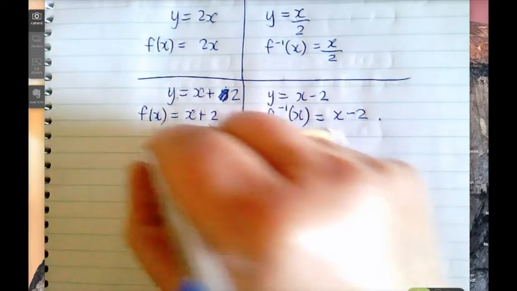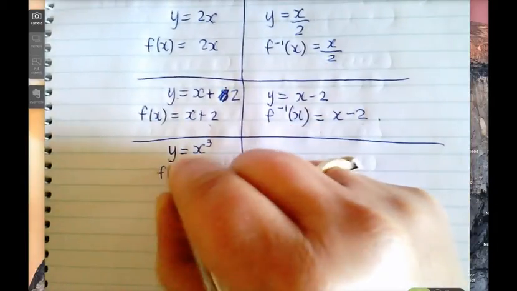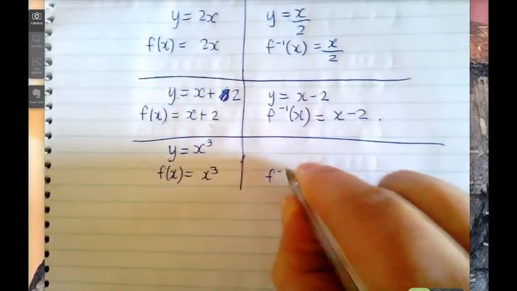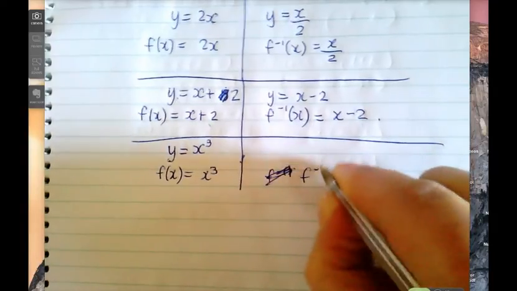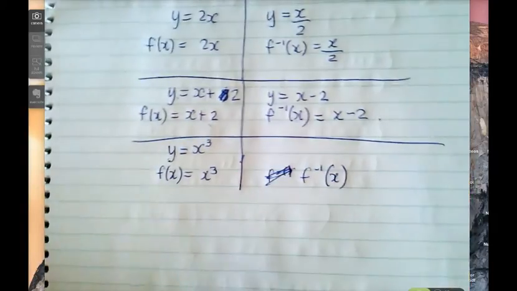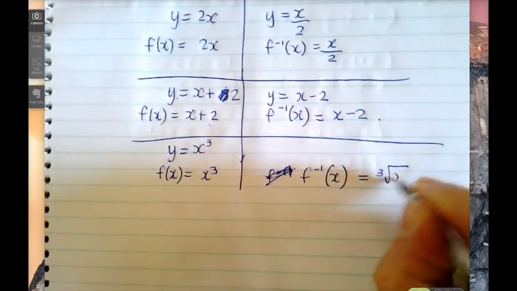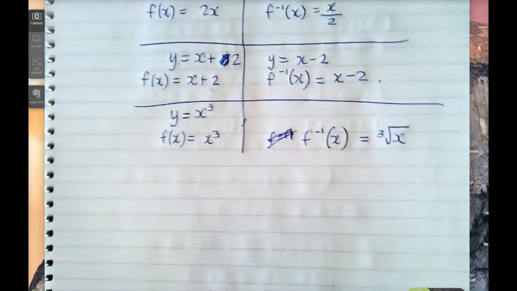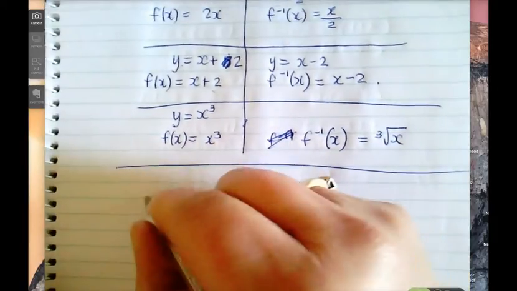One more example. The one that we looked at on the graph, if y equals x cubed, so I'll say if my function of x is x cubed, then my inverse function, that's how I write it, f to the minus 1 of x, will be x to the 1/3, or the opposite of cubing is cube root of x. So we looked at that on our graph. Now, you might find some functions really hard to find their inverse. Like I might say to you,